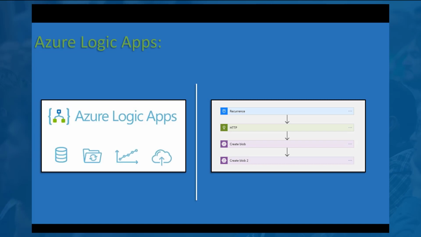So basically something triggers your workload and it'll run. And for more complex scheduling or advanced recurrences, you can use a recurrence trigger as a step in any workflow, and I'll show you an example of that. So on the screen here you can see we've got a recurrence and then an HTTP call, and from that